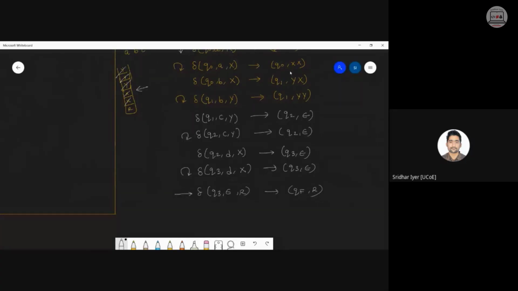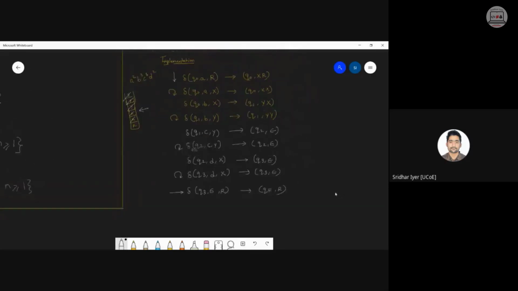Okay. So am I clear? So we can solve this question in 9 transitions. This will be the perfect answer. Don't use the same state for X and Y, otherwise your machine will become ambiguous. We don't want ambiguity. We want clear cut logic about what to do when X comes and what to do when Y comes. Am I clear? Is this logic clear now?